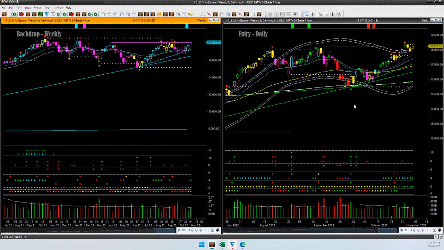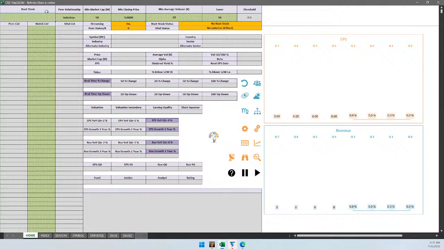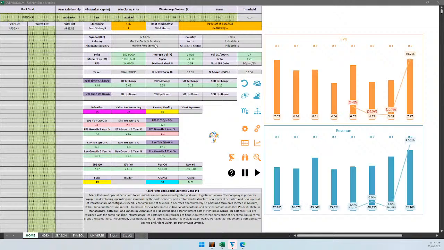And I'd like to show you one stock. Let's look at its fundamentals. I'll not look at the stock's industry. If you are trading in the Indian market, you may check out the stock's industry also to see if it is strong or relatively strong. The stock is APSE.NS. It is one of the companies of Adani Group, and Mr. Adani just a while ago was the second richest person in the world. Many of his companies are doing very well.